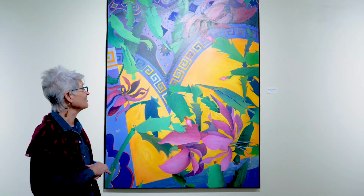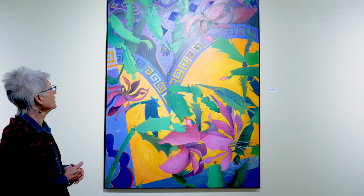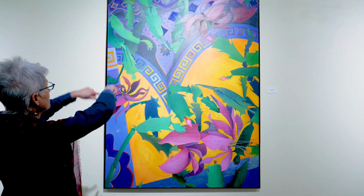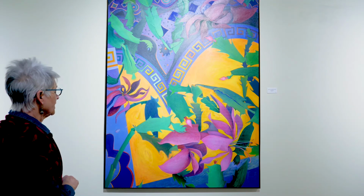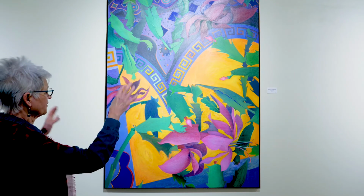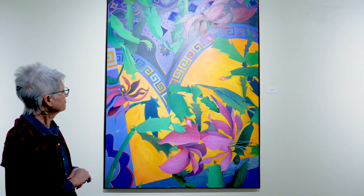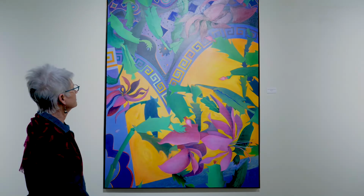So this piece that I'm standing in front of is probably the most figurative of the pieces, and it started out completely abstract. You can kind of see those two curves there and some of the geometric shapes that are up in the top. But that was in a former life, because at some point I decided to start drawing these big flowers on top of it just to see what would happen. And that's when that yellow space turned into a window. And so now, again, another window, and the flowers